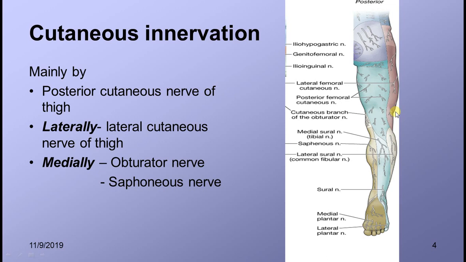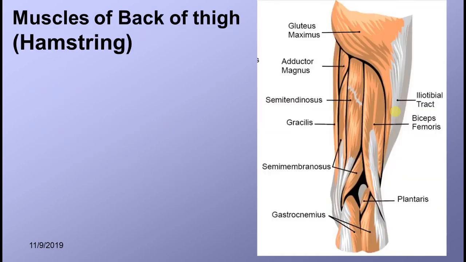Okay. So the posterior compartment cutaneous innervation is by the posterior cutaneous nerve or posterior femoral cutaneous nerve, and laterally by the lateral cutaneous nerve, medially the upper part by the obturator nerve and the saphenous nerve in the lower part. The muscles of the posterior compartment are actually called the hamstring muscles. So here you are able to see the back of the thigh, the hamstring muscles,